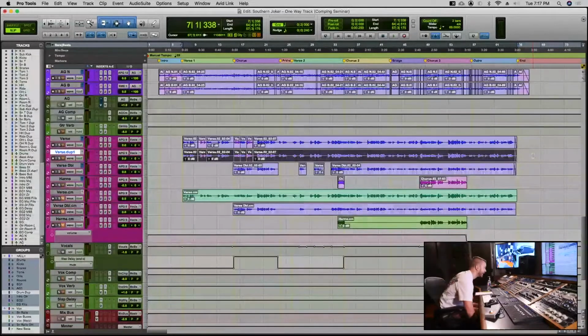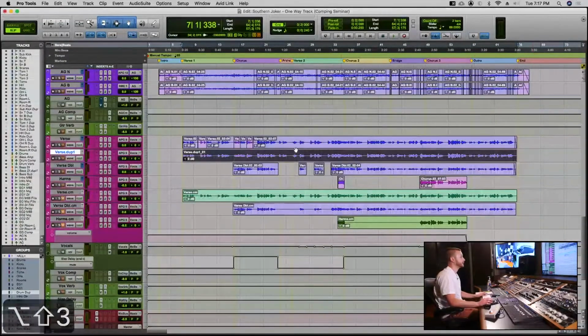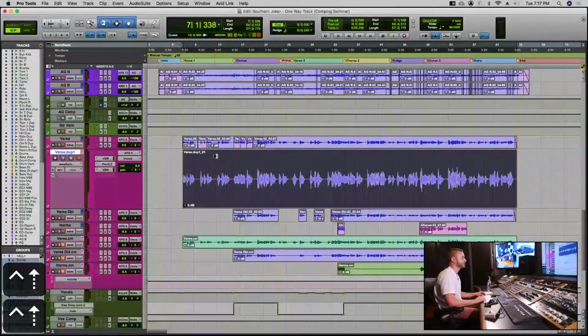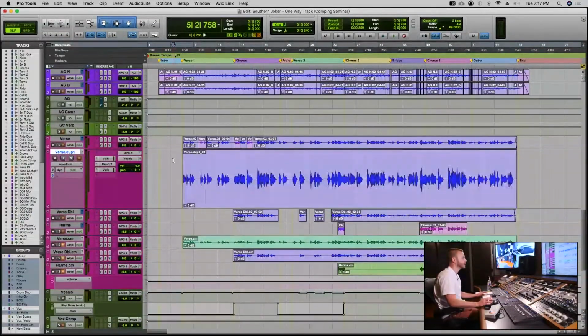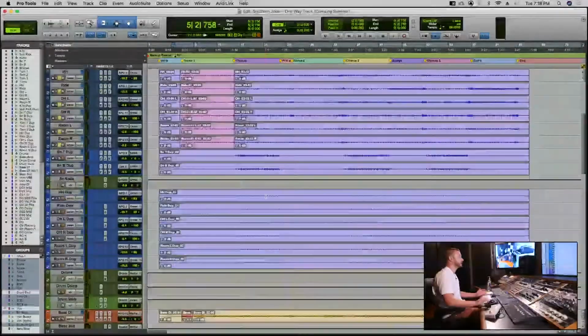I'm done doing editing and I don't want to have any chance of me hitting any of my crossfades, and I know I don't need to move anything. You can do Shift-Option-3 on the number pad, and then it consolidates that whole clip, you can see, into a full clip here with no cuts anymore. So that's how you get it looking very clean by the end of your session